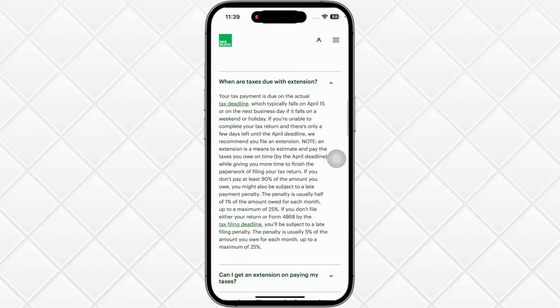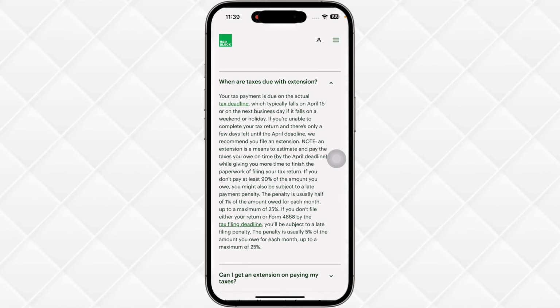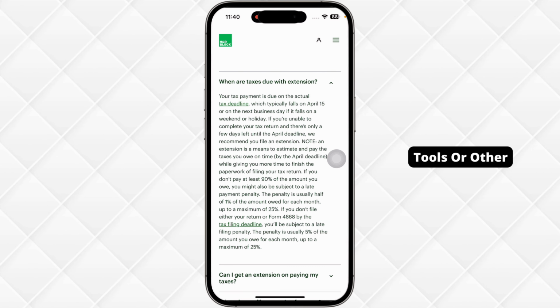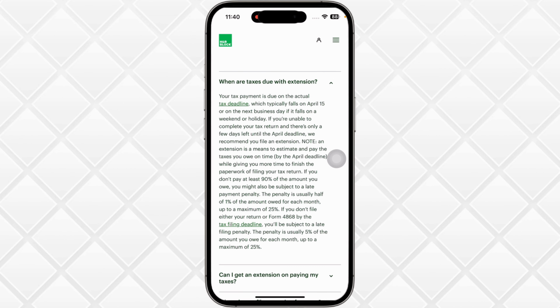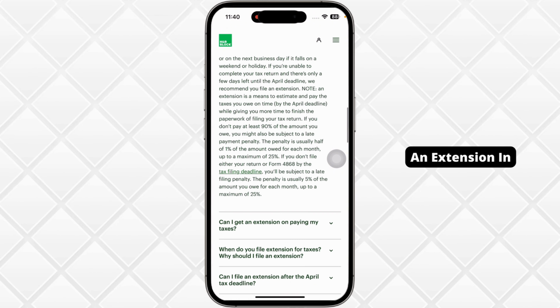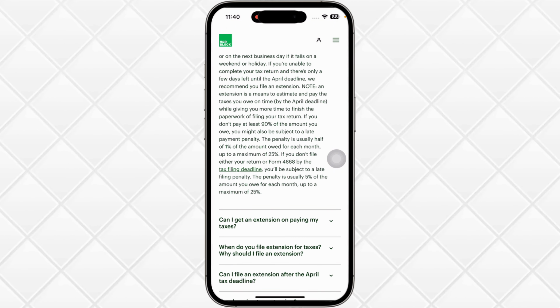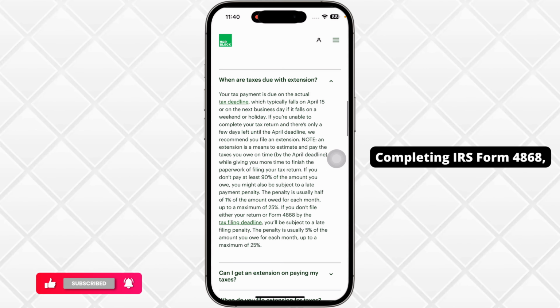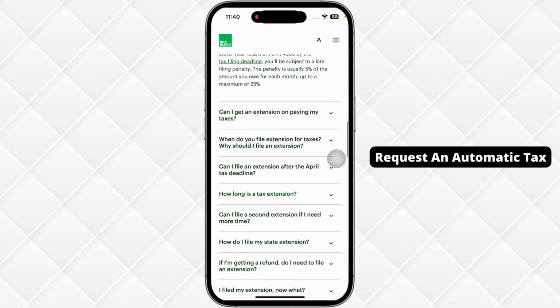From the main dashboard, select the option to file an extension. This is often labeled as file an extension or can be found under the tax tools or other action section. If you are already in the process of preparing your return, you can switch to filing an extension in the same session. H&R Block will guide you through completing IRS Form 4868, the form required to request an automatic tax